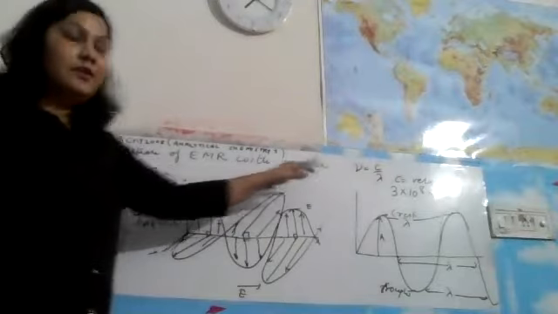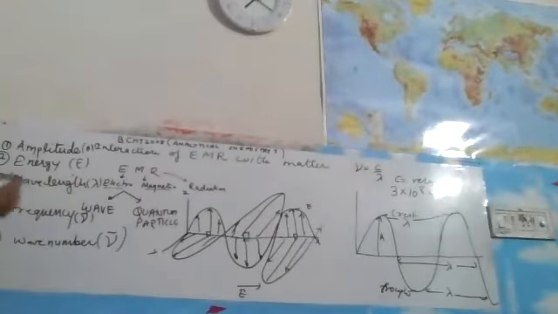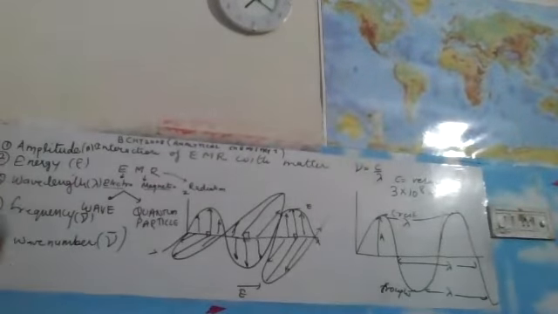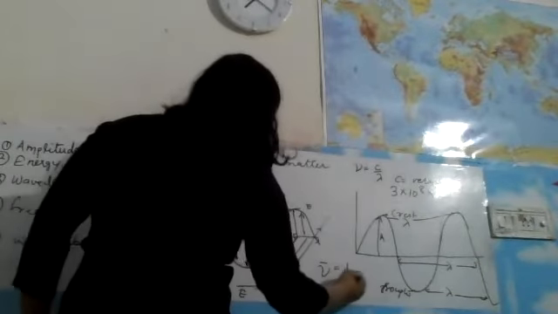Now we have covered frequency and we are coming to the wave number. The wave number is equal to the number of waves per centimeter or per unit distance. Again listen. The wave number is equal to the number of waves per centimeter or per unit distance. It is denoted by nu bar and it is reciprocal to the wavelength.